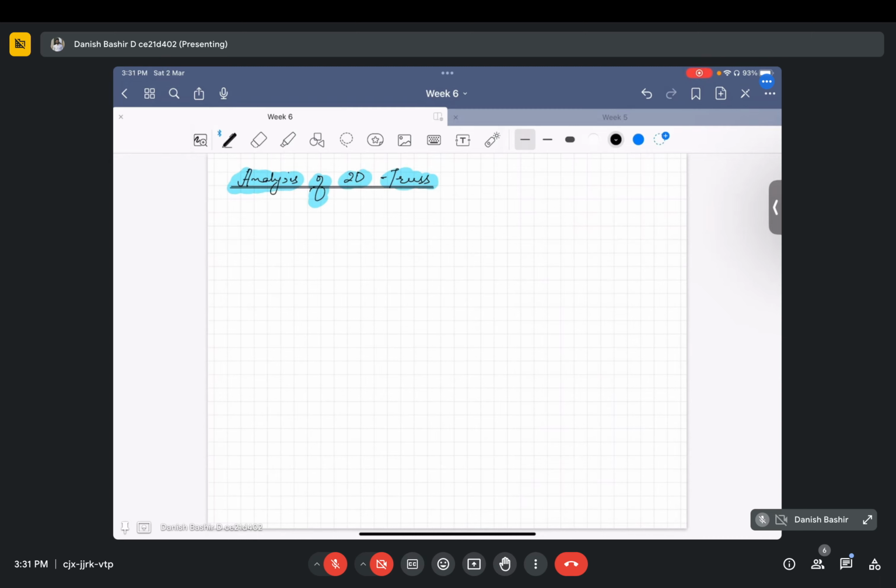Now what happens in the truss element is that the member can be inclined to any direction. It is not necessary that it will always be perpendicular or horizontal. In a truss the members are sometimes inclined at some angle alpha to the horizontal as well. We will see the equation formulation for members inclined at some angle to the horizontal. Okay,